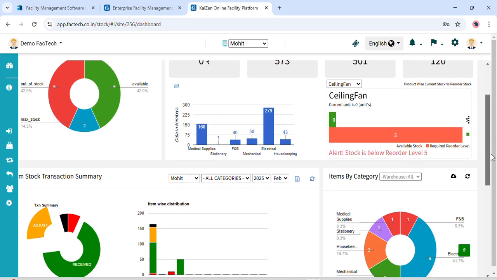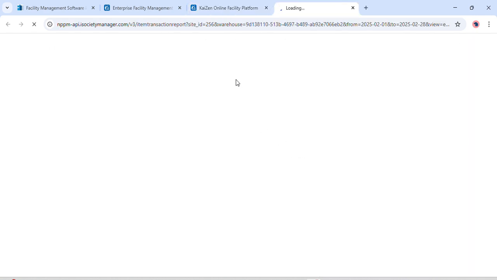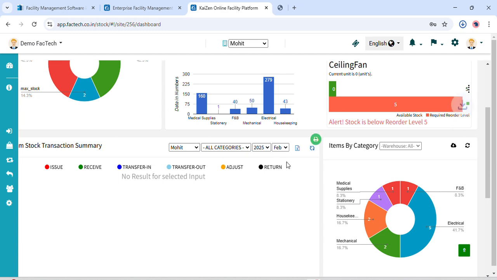And a unique feature that most of our dashboards have is that, as you can see for the item stock transaction summary, this is the information in graphical format. But if I want to get this information, the numbers, in an Excel sheet, I can basically put my filters, see the information, and for the same information, I click on this Excel icon, and this will get me an Excel report for the same information. And as you can see, a report got downloaded. And if I open the sheet,